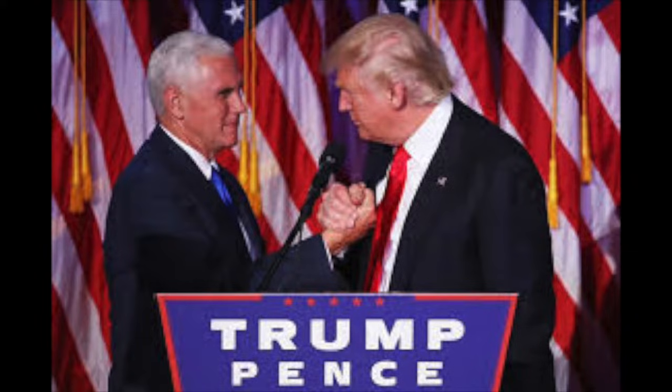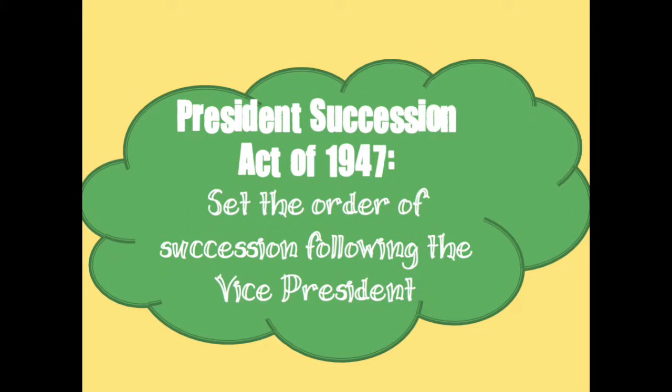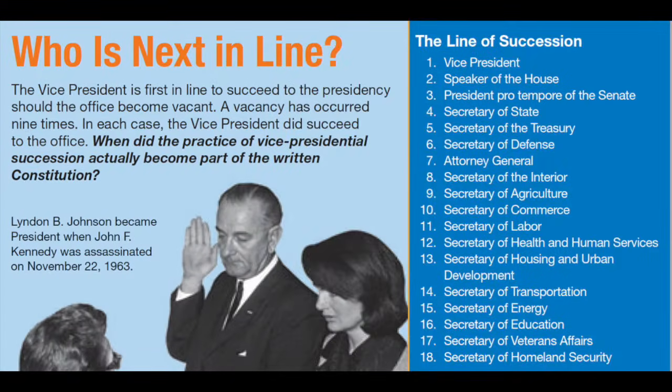Presidential succession is the plan to fill a vacancy in the presidency. If the president dies, resigns, or is impeached and convicted, the vice president becomes president. The Presidential Succession Act of 1947 set the order of the succession following the vice president. The U.S. presidential line of succession is the order in which persons may become or act as president of the U.S. if the president becomes incapacitated, dies, resigns, or is removed from office. The succession follows the order of Vice President, Speaker of the House, President pro tempore of the Senate, and then the heads of the federal executive departments who form the Cabinet of the United States.